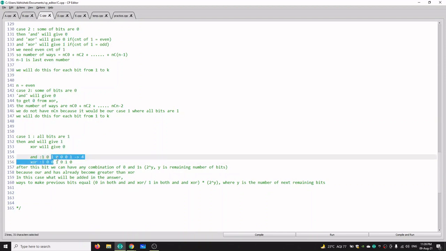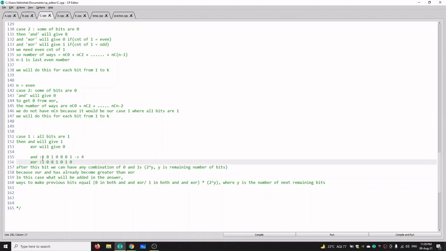After this bit, we can take all other bits as any random values, so our AND would be greater than our XOR. We will do this for every bit from i equal to 0 to i equal to k.